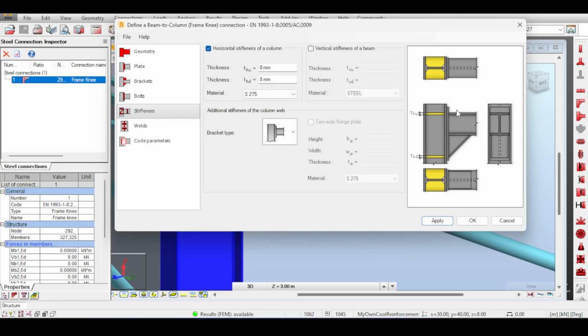He's adding a stiffener here because you have maximum tensile forces or stresses. And he's adding stiffeners here because you have maximum compressive stresses here, which totally makes sense. You can even make vertical stiffeners for the beam. I don't know, maybe you want it, maybe you don't. You can even make this cool stuff, which is like